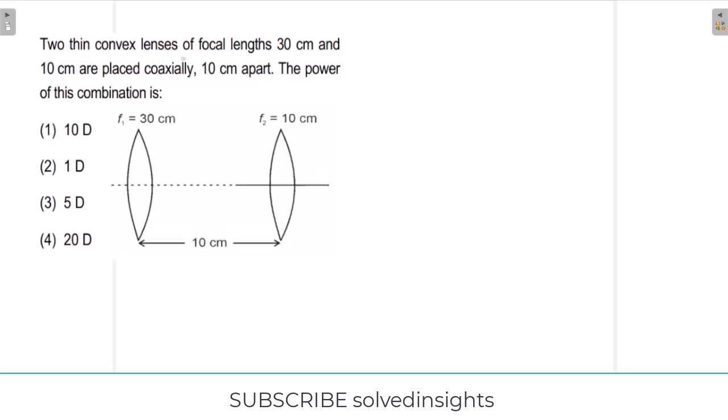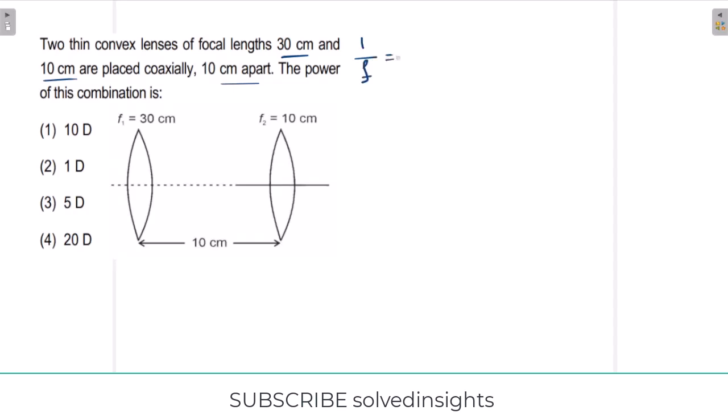Two thin convex lenses of focal length 30 cm and 10 cm are placed coaxially 10 cm apart. The power of this combination is... So two convex lenses are placed coaxially 10 cm apart. We have to find the power of the combination. So first calculate the focal length of the combination. We know that the focal length of the combination is